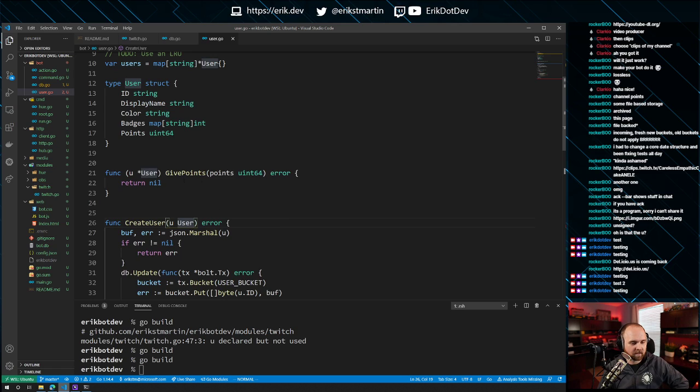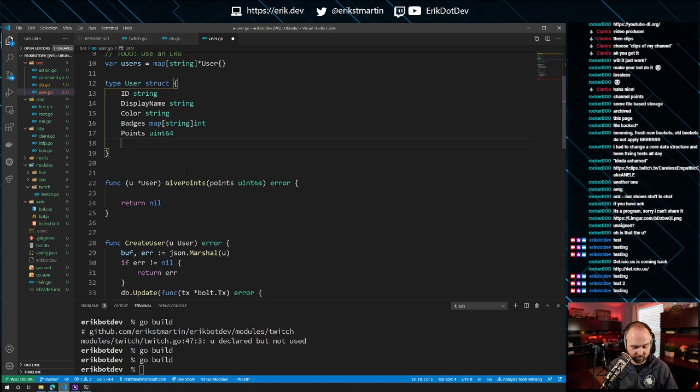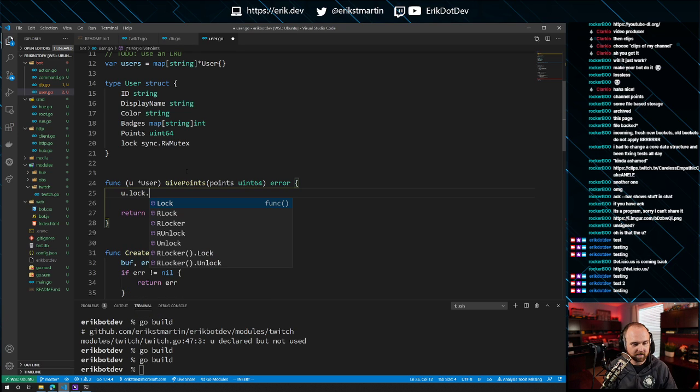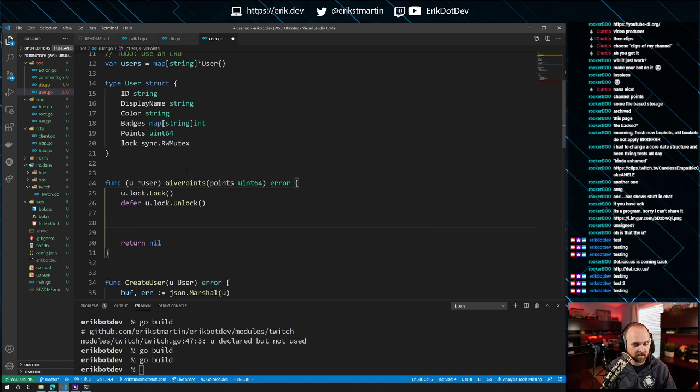We should have a cache now. Now, if we give user points, then we should, you know what, let's start doing that. We're going to say lock, and we're going to do a sync mutex here. I guess we could do a read-write mutex. The first thing we want to do is grab our lock, a regular lock, and this is for writing. And the very next thing we want to do is u.lock.unlock, so that when this function returns, we're unlocking that mutex. We will set u.points equal to u.points plus points, and then